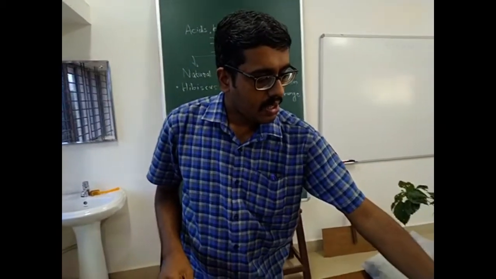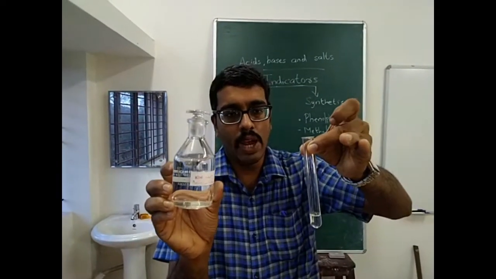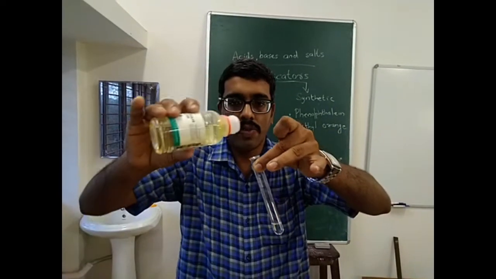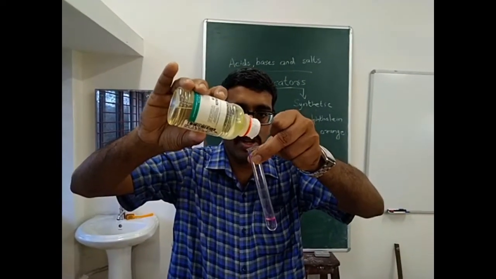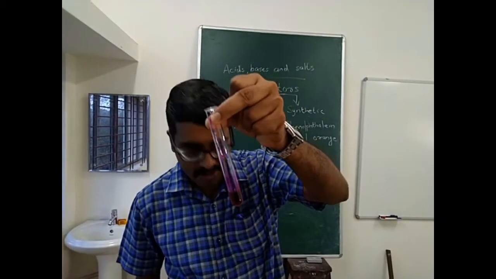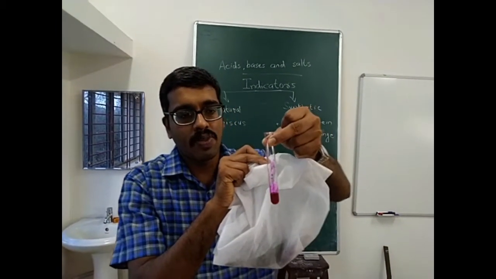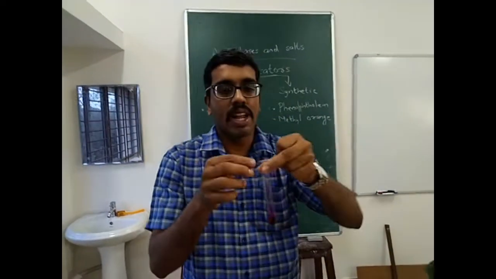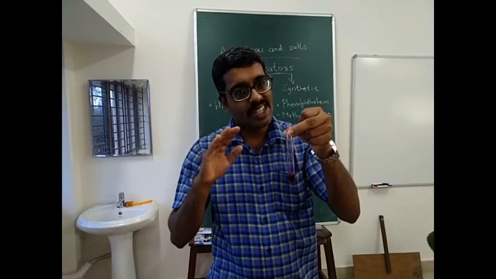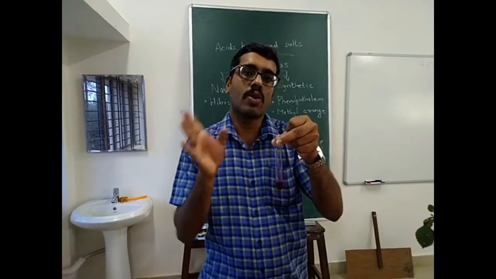Next I am taking a test tube which is containing 5 ml of dilute KOH, potassium hydroxide solution. To the test tube I am adding 2-3 drops of phenolphthalein. You can see 1, 2, 3 drops only. You can see a development of pink color. Okay, this is a white screen. You can see. Is it clear? So phenolphthalein gives pink color with the base. It is an inference. Phenolphthalein gives pink color with the base, but it does not give any color to acid. So from that we can easily identify which is a base or which is an acid.